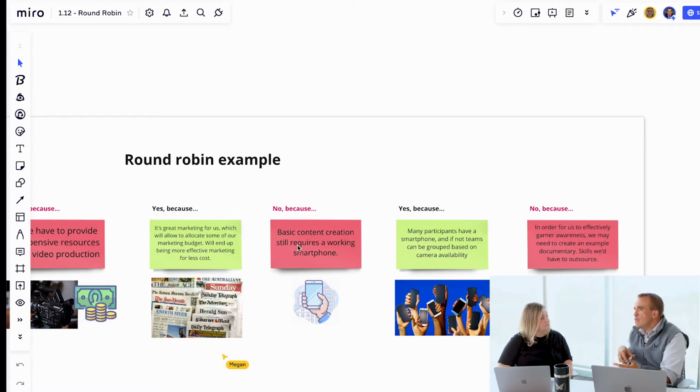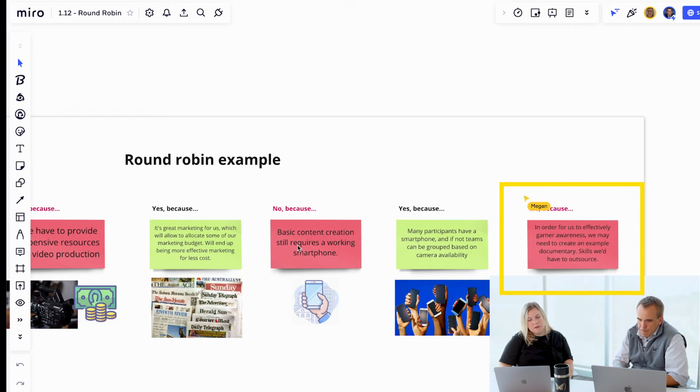Now, Megan, common sense would tell me that maybe after 6 or 8 passes or 10 or 15 minutes, I probably am running out of original big ideas. Has that been your experience as well? I think so. And I think if we look at our example, this individual lands on a no because